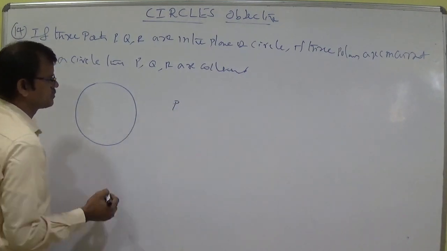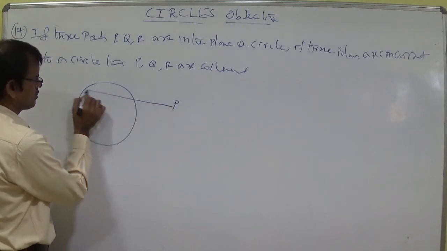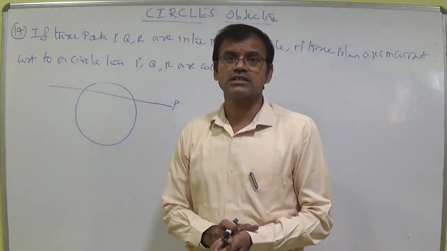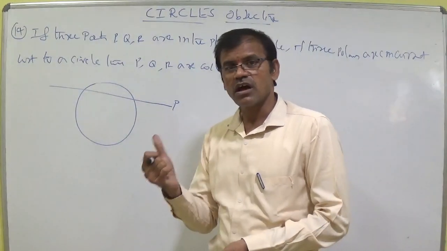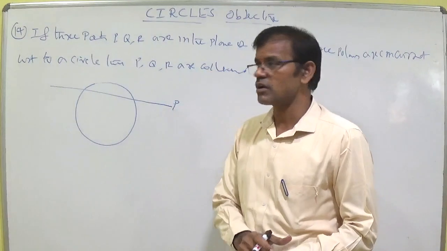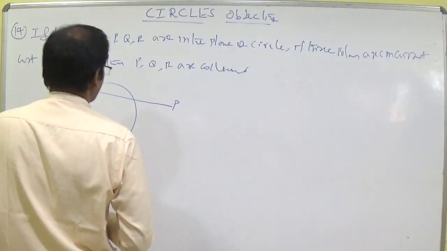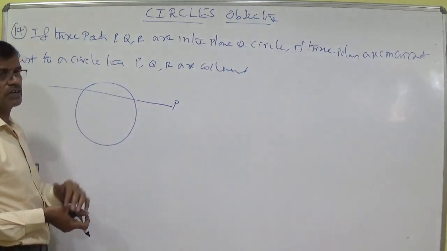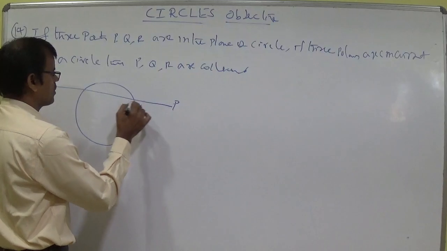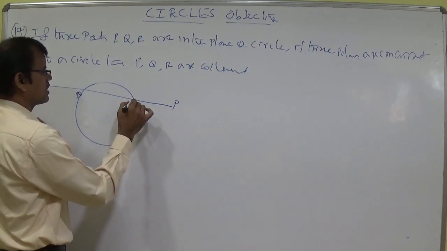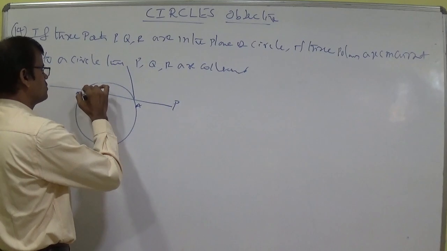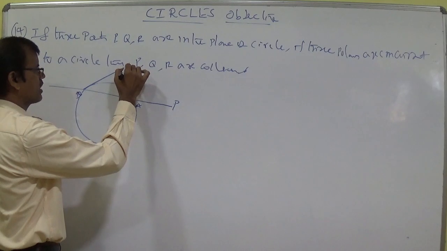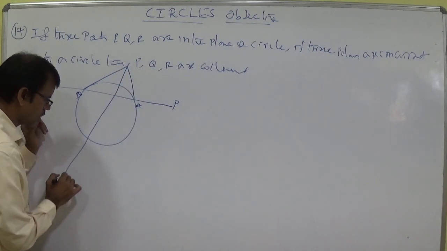This is simply the synopsis. Let us discuss this concept with the diagram. Put P here. Whenever a polar is needed, it is the locus of the points of intersection of tangents drawn at the extremities of a chord drawn through the point in the plane of the circle. I have taken P as an external point, so we should draw a secant, which intersects the circle in two distinct points, A and B. Draw tangents at the extremities A and B. The locus of the points of intersection of these tangents is called the polar of P.